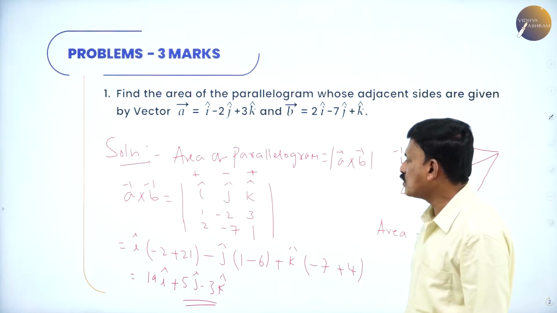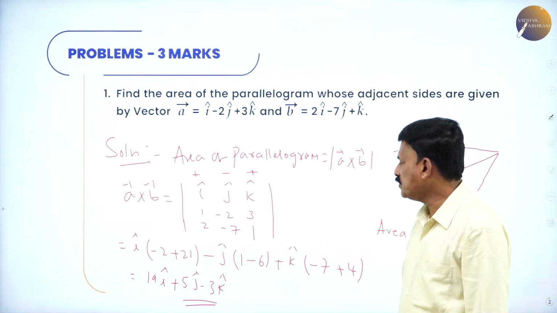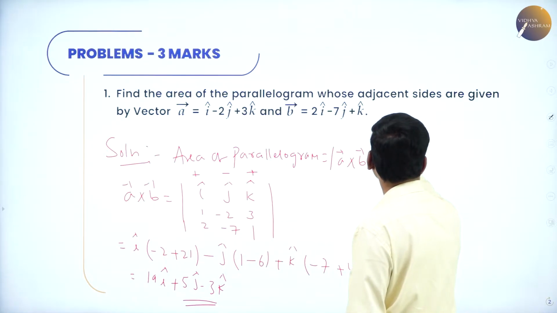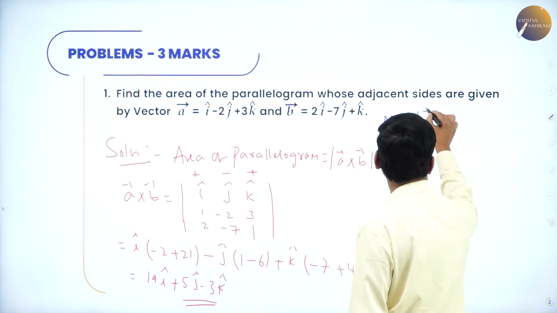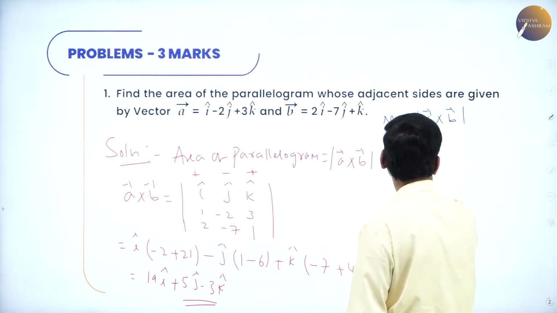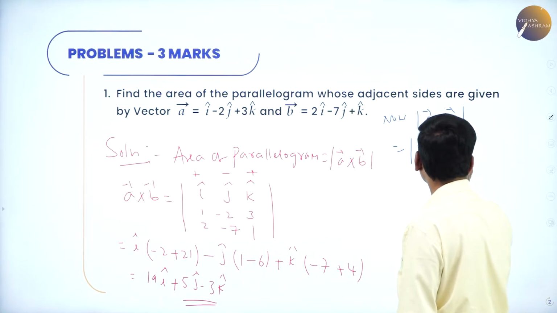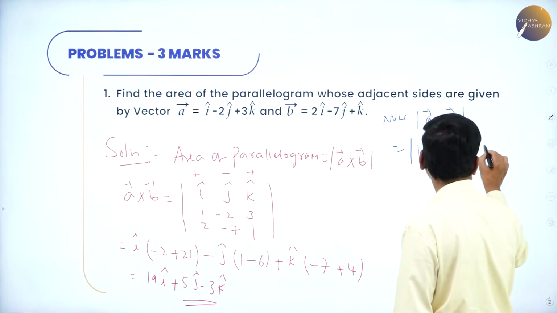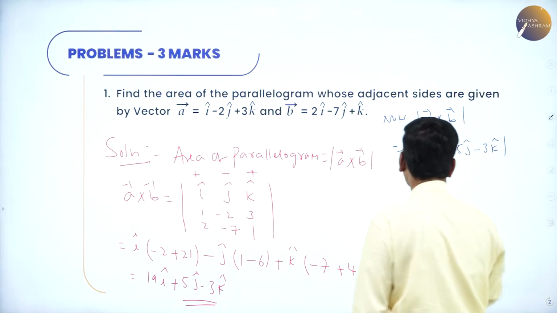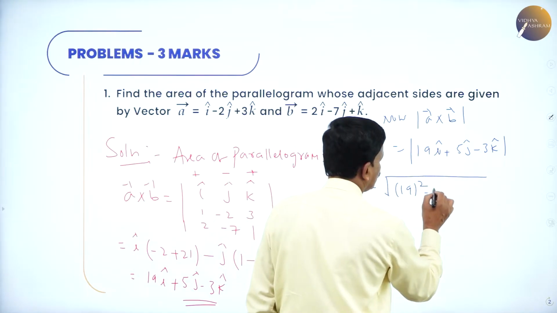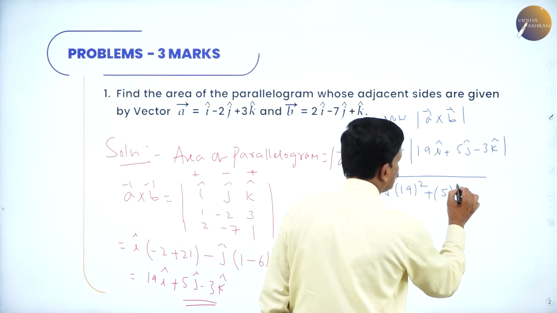A cross B is equal to 19i plus 5j minus 3k. Let us find out the length of A cross B. Now, length of A cross B is equal to the modulus of 19i plus 5j minus 3k, and this is equal to the square root of 19 squared plus 5 squared